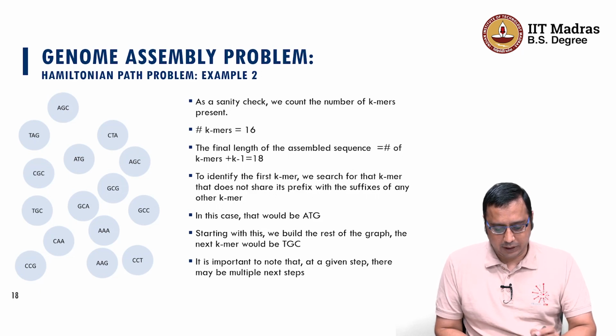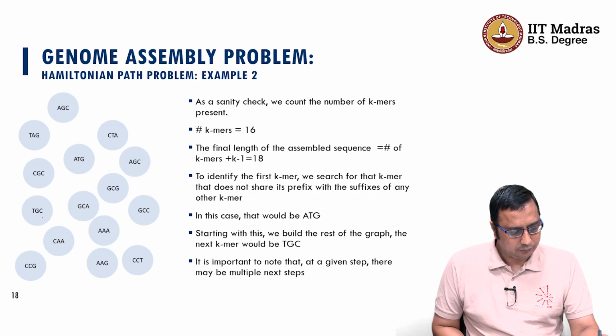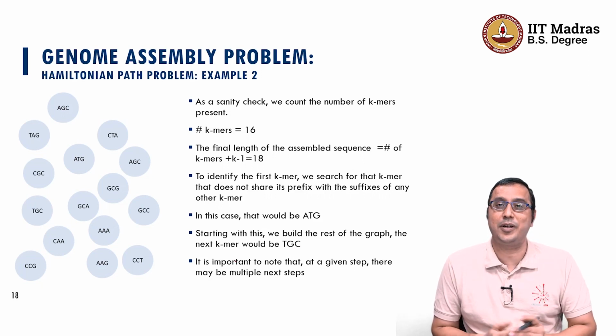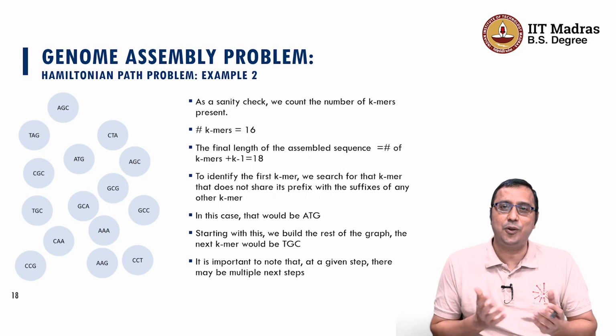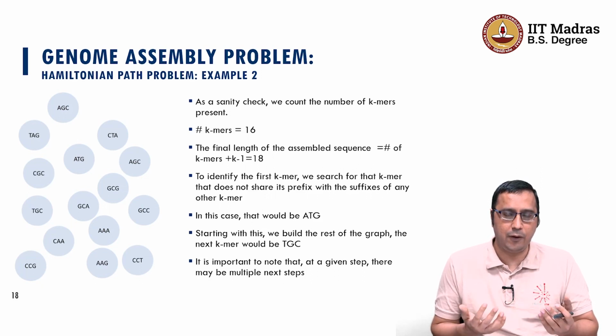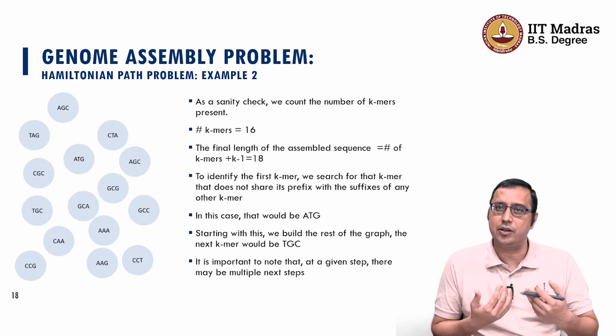And then we keep doing it. Here we can see that TGC is one option available to us to solve the problem. And also remember, as I told you, that there are multiple next steps or multiple options available, so you may have 4 or 3 roads, or 5 possibilities, etc., to actually choose from. And you have to make a choice